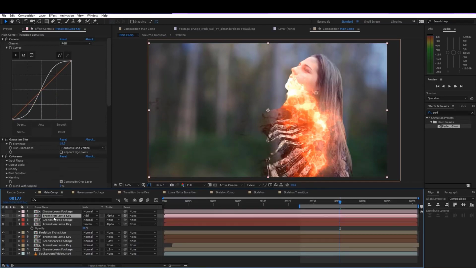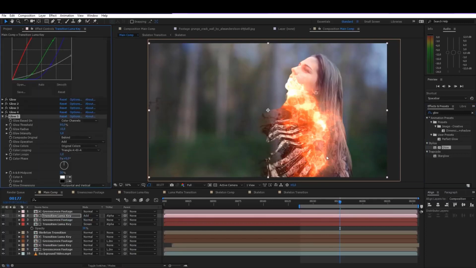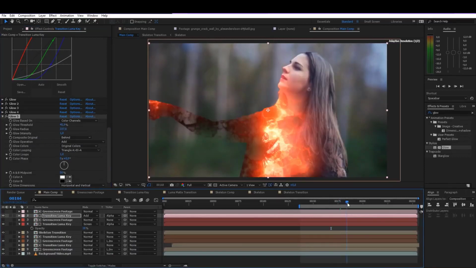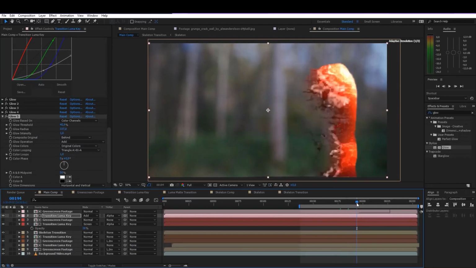And we can also add another glow on top of it, just a regular glow, to maybe have a bigger radius and lower the threshold here. Something like this, and let's see what we can do with it. Okay, so this is already looking pretty cool with the glow added to it, but you can actually see that